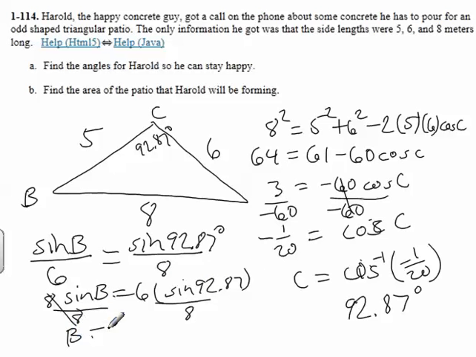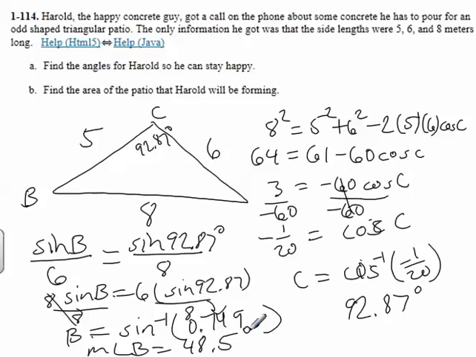So B will be the inverse sine of all of that. Okay, so this piece that goes in the parentheses ends up being about 0.749, and the inverse sine of that yields angle B's measure at